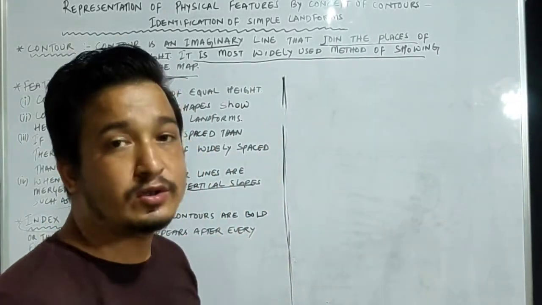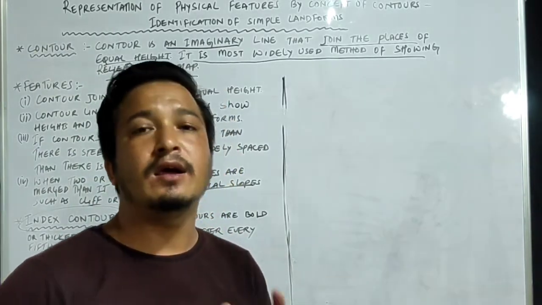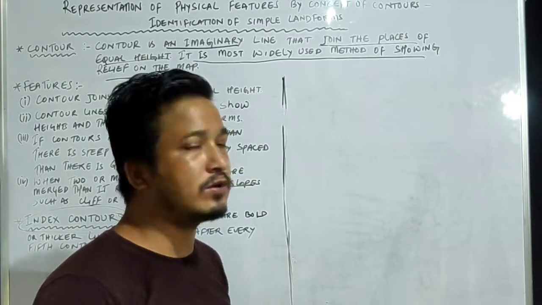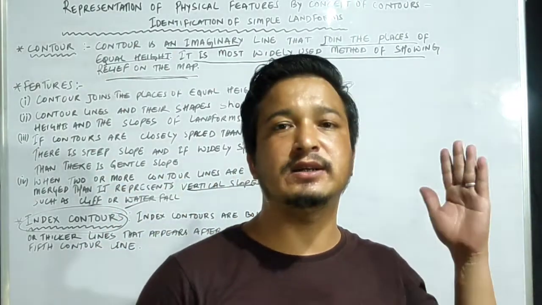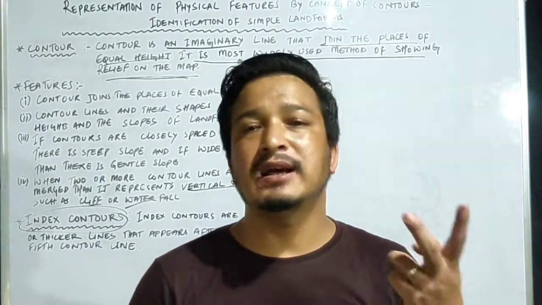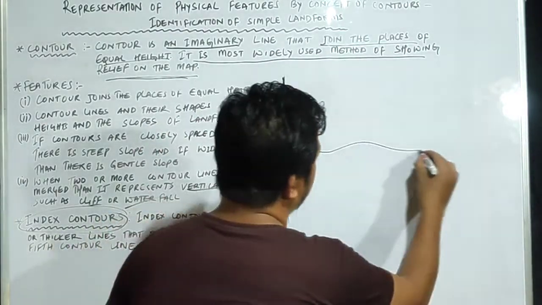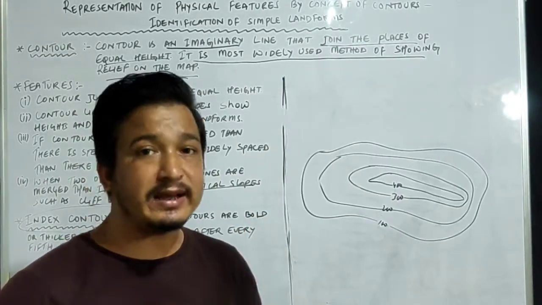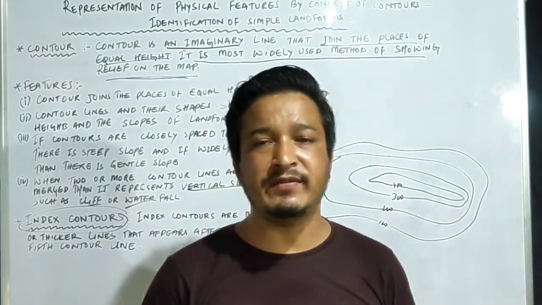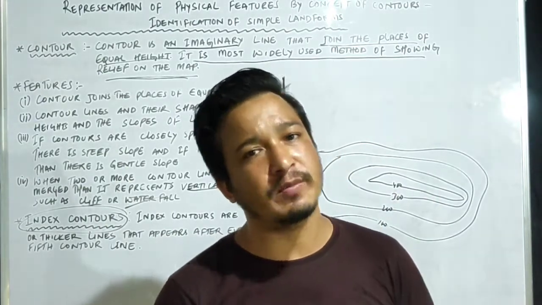So now students, we are going to learn how to recognize or identify the physical landscape or physical landform with the help of contour. But you are very lucky in this session. It means in 2021-22 you will have to learn only two things, that is gentle slope and steep slope, and that you have already learned. Okay, suppose I have here contour lines in this way. So students, here in this session, that is 21-22, you have to recognize or identify only two features, that means the slope of the land, that is steep slope and gentle slope, and that is very easy.